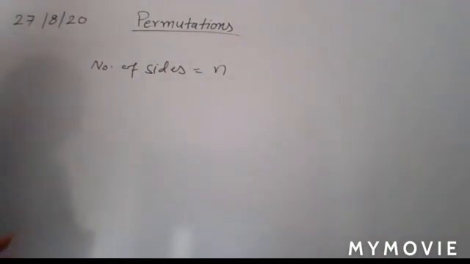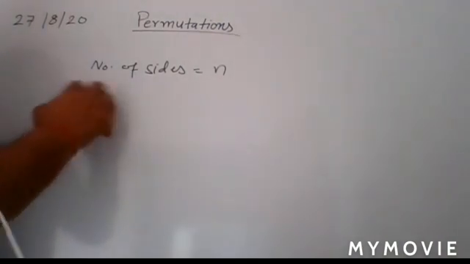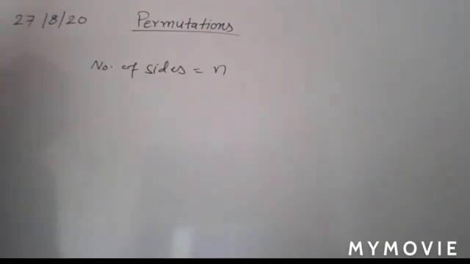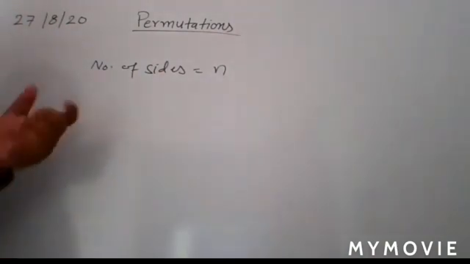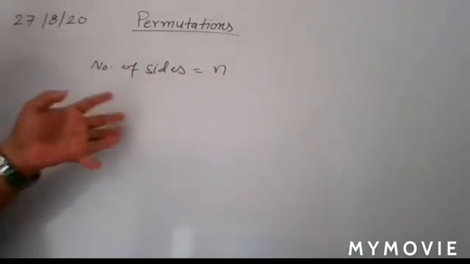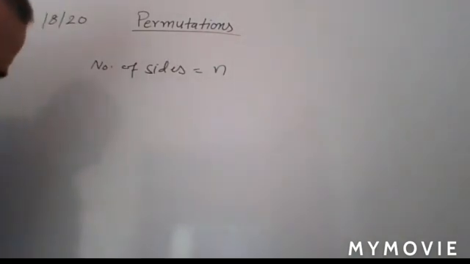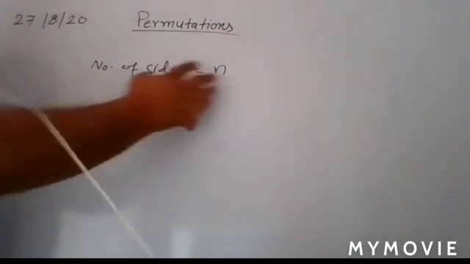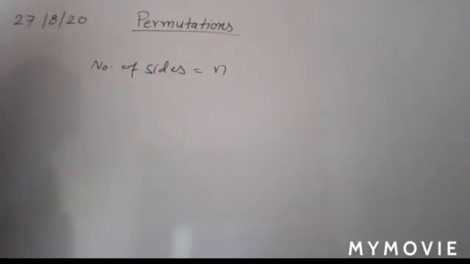A diagonal is also a line, and that is formed by joining any two vertices. So just see, the number of sides in a polygon is n. First you try to find how many lines are formed by joining the vertices. No doubt, if you have n number of sides, then n vertices are also there. So first you try to count the number of lines formed by joining any two vertices.